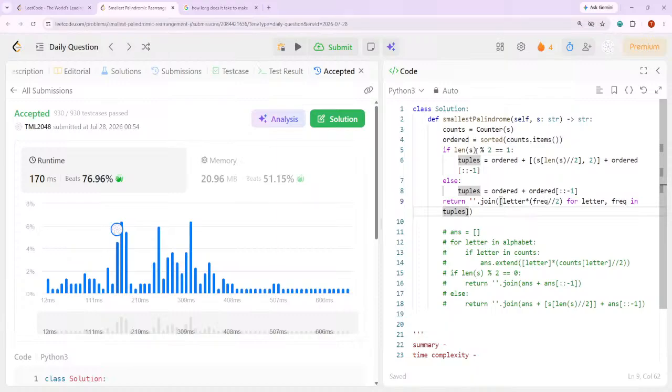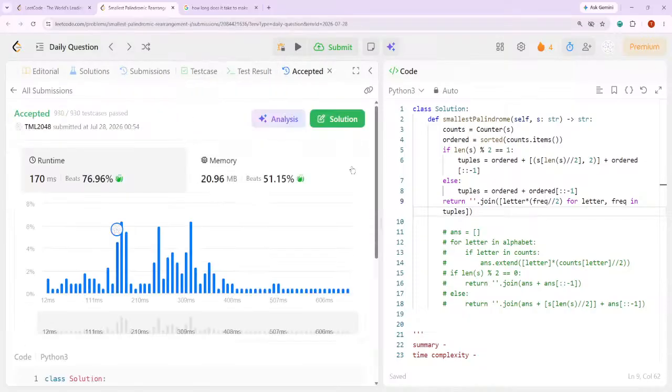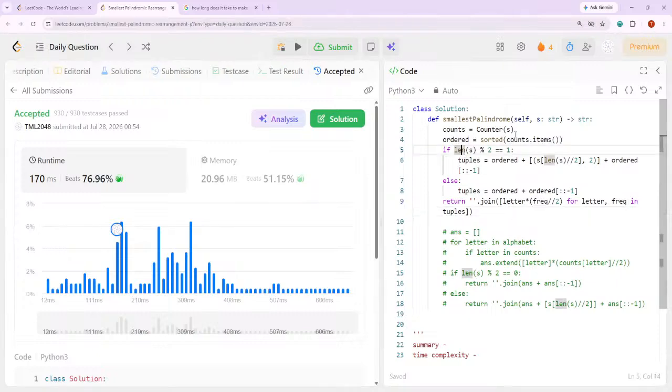Oh my god, I tried so hard. Oh my god. So that's a 10% drop, I guess. Huh. Ooh,